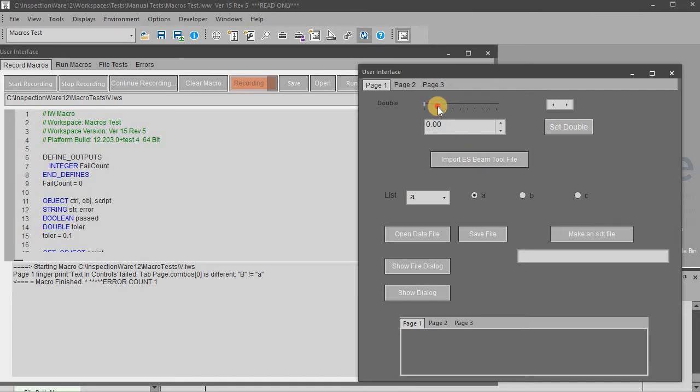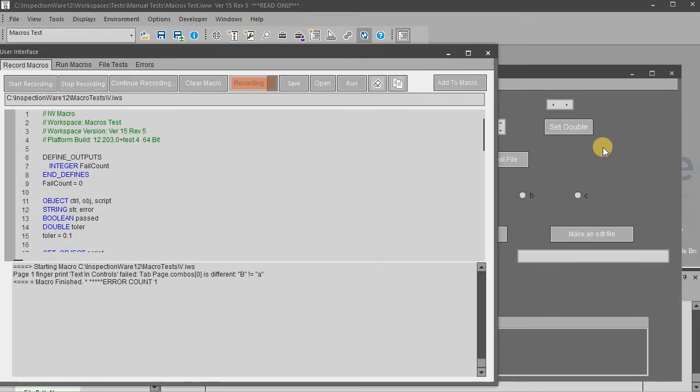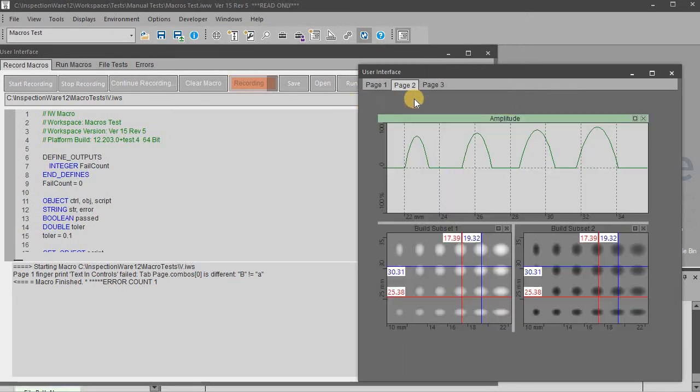So we can run the slider. We can flip a few tabs there. And then let's add some tests. So text and controls we already did. But you can see there's the draw rectangles for things are in there. So we'll just add that one again. We'll go to the second tab,